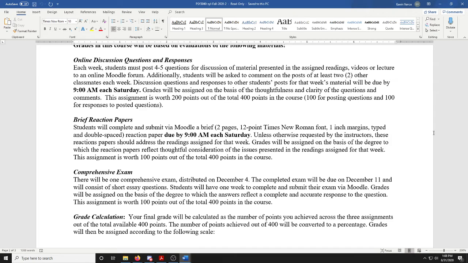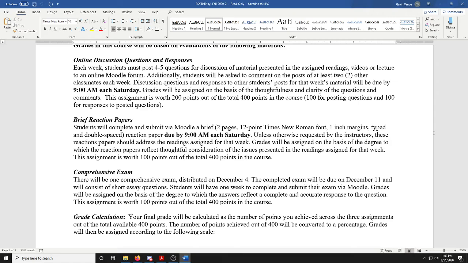All right, there will be one comprehensive exam. It'll cover the entire course. Typically, it'll be an essay exam. We will distribute it on December 4th. You will have 1 week to work on it. You can share your responses and your ideas with other students, with us. The idea is to talk with other people about it. Obviously, what you turn in should be your own independently written exam. But other than that, we encourage you to talk with your fellow classmates and with Gavin and me.